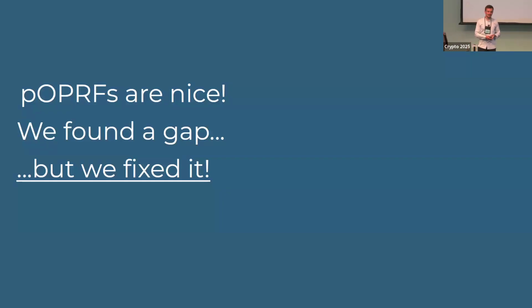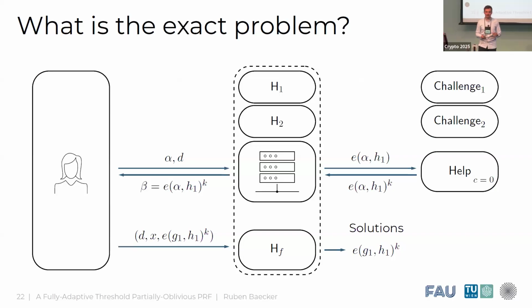Okay, we have seen that there is a gap between the one-more assumptions on the one side and the single one-more assumption on the other side. So the question is, how can we fix it? When we look back to the exact problem, we see there is a temporal gap between querying the help oracle and extracting solutions from the final oracle. So what we could try to do, since we're heavily relying on the client to give us the solution in the final hash function,